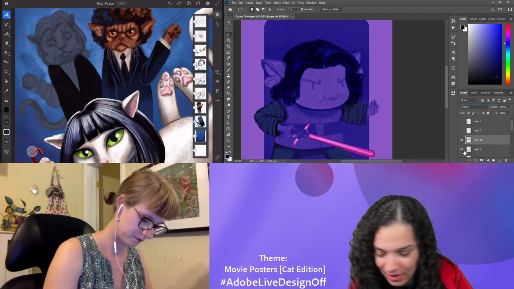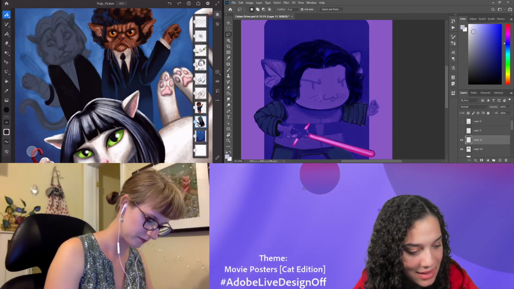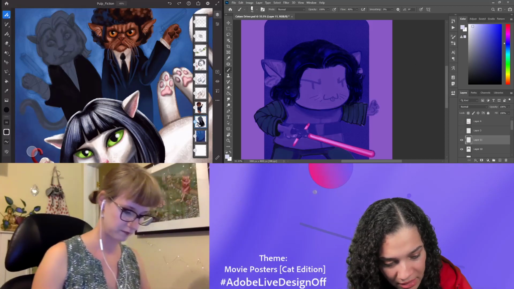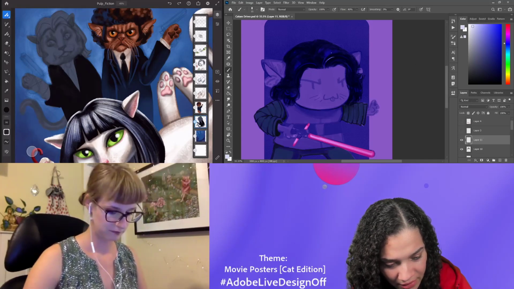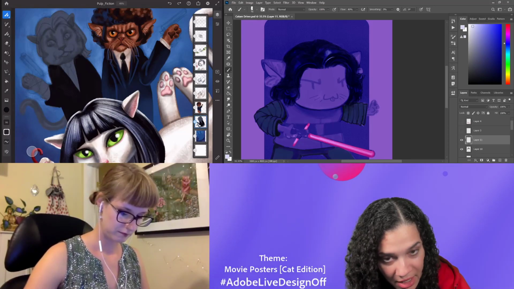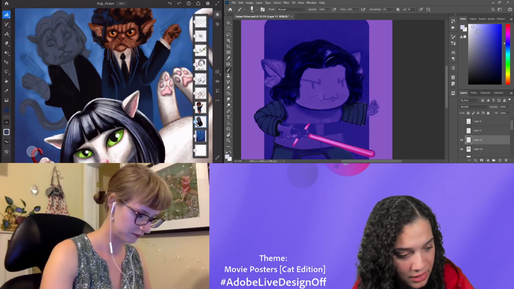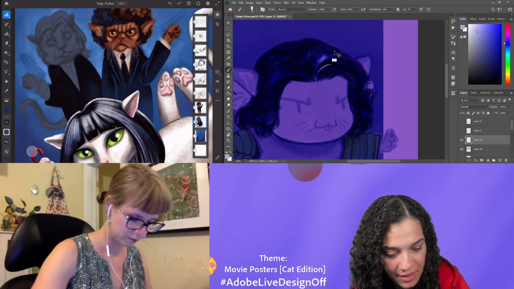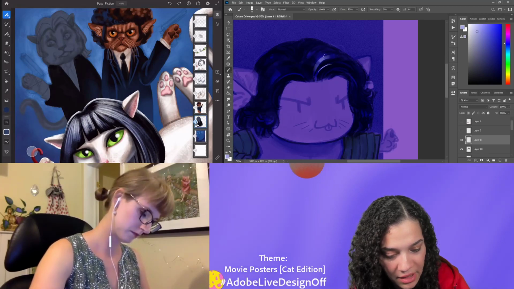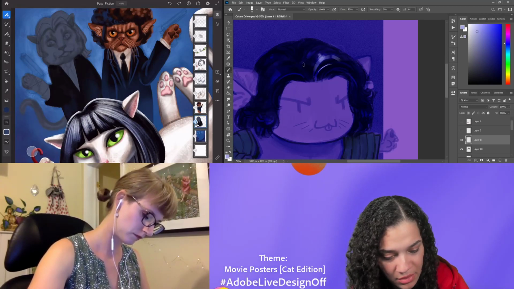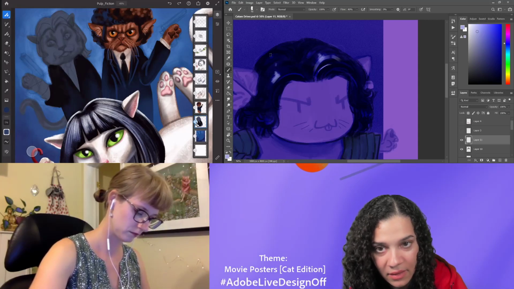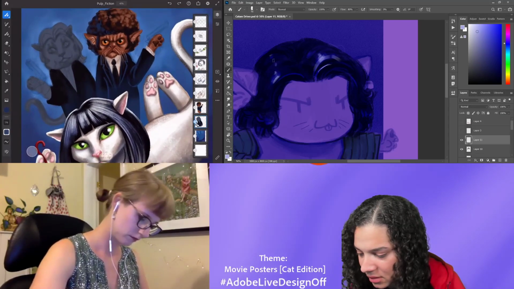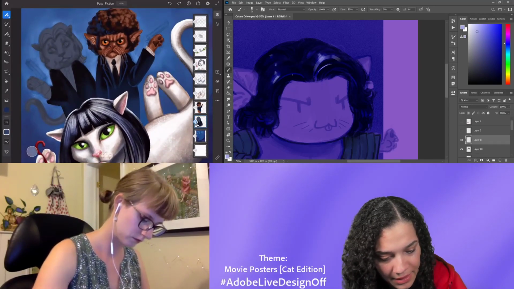All right. Let's add some highlights to his hair, shall we? Get that shine back now that I've added some color. That's one thing that seems to happen a lot when I start adding color to my pieces: I sometimes lose some of the stark contrast values, depending on what blending mode I'm using. So I do have to come back in every so often and re-add some of my details, but that's okay.